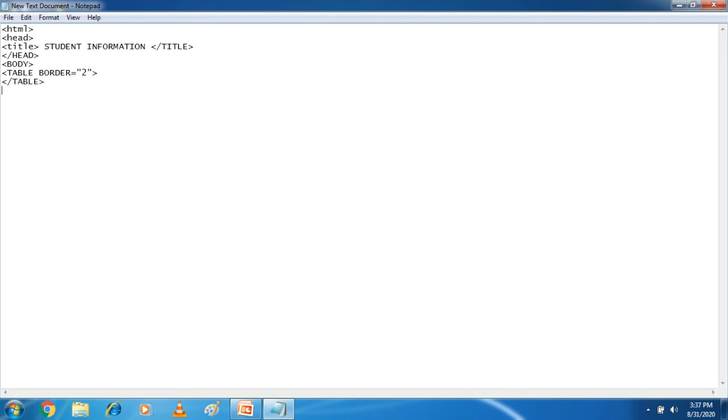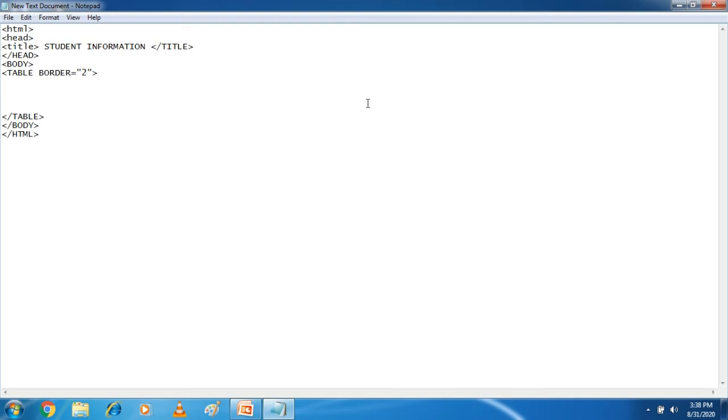Whenever you want to create a table, it's compulsory to open the table tag. Without the table tag, you are not able to generate a table format. Okay, student. So once the table tag is open, here first I want the row where I can see the heading like roll number, student name and city of that student.